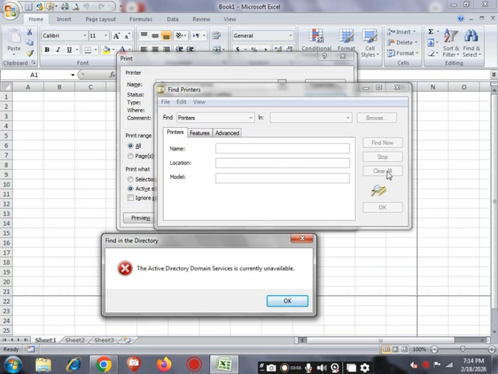In some versions of our system, it may allow searching by the printer's name or model. We can type the name of a printer if we know it and see if it shows up in the list. The system will display any printer found on the network or connected to our computer, which makes it easier to select the right one. Printers may show as online or offline, helping us know if the printer is currently available.